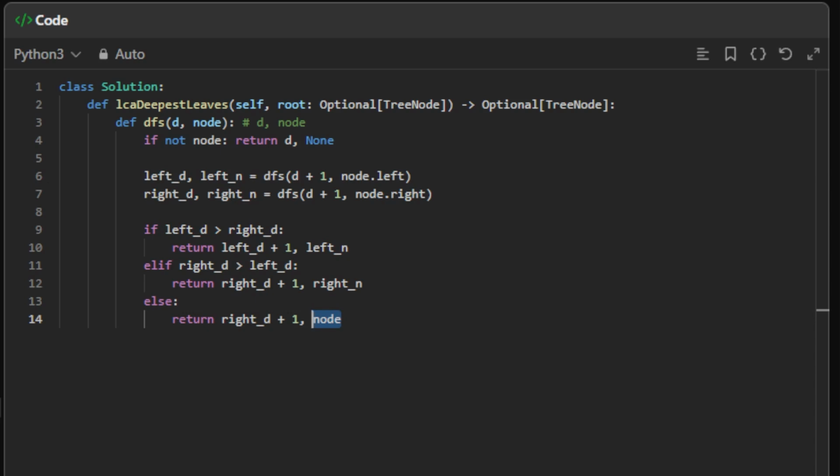So our parent node is here, node, and the child nodes are here, left node and right node. So if any of both sides is bigger than the other, we are returning the node on the winner side, and if both sides are equal, we are returning the parent node. Okay,